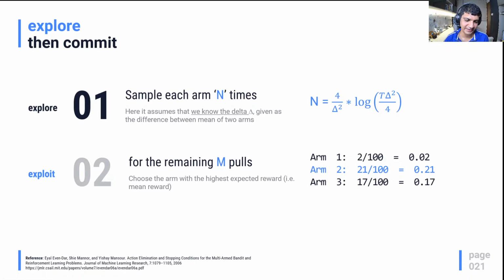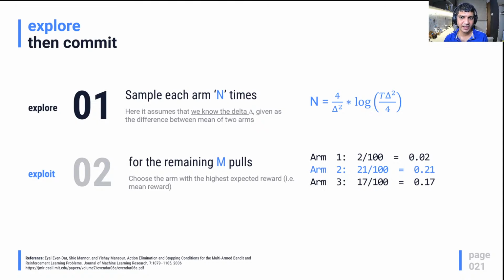So over here, the idea is that you are going to explore and then commit. So you are going to wait for that exploration before that happens. And there are some assumptions that you make beyond that. So over here, what is the difference between the means of the 2 arms, and that's very important. So now you could do the same thing as we described before, is let it play for n